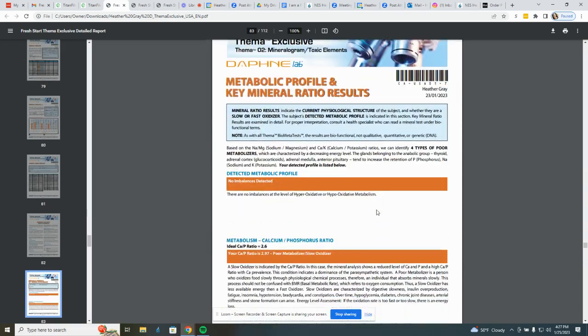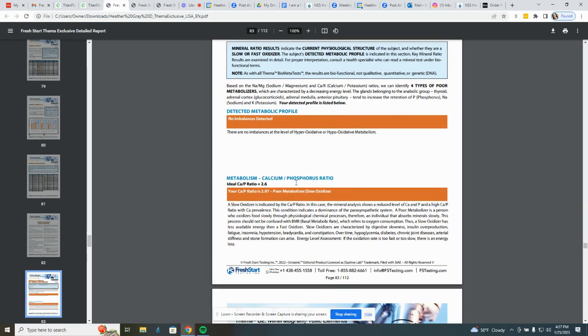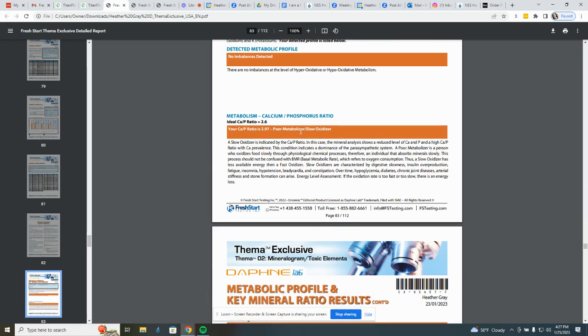But then this even reminds me a little bit of when I had a heavy metal tissue mineral hair and tissue analysis, where they'll actually look at ratios. So we've got calcium phosphorus ratio, and when that is out of balance, it's showing that I'm a slow oxidizer. And I've done a metabolic typing test, and I've done the hair tissue mineral analysis, and both of them have said that I'm a slow oxidizer. And so slow oxidizers